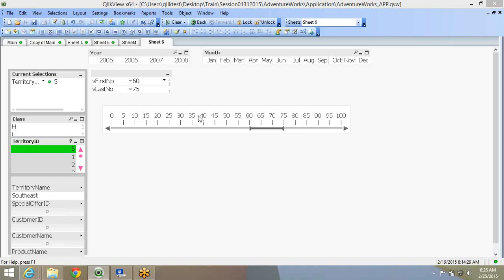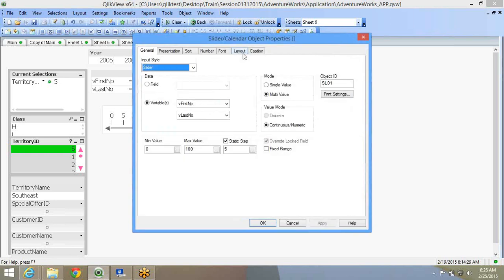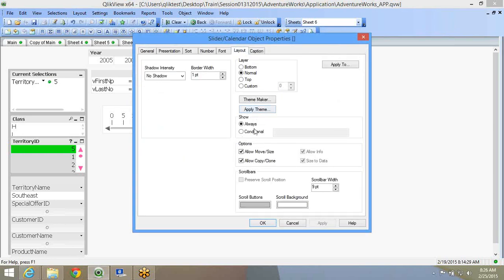Play with this for some time with all the other objects, always and conditional, so that you hide or unhide conditionally. Tomorrow we'll see a couple more objects, and we'll see if we can use the expression editor to demonstrate calculation and all. And over the weekend you can practice the expression editor.